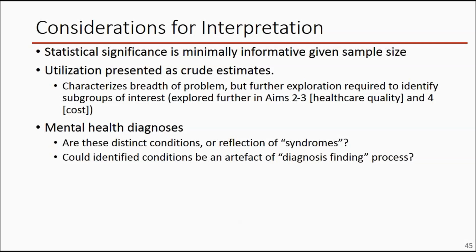And then mental health diagnoses. I personally was surprised at seeing the prevalence of mental health diagnosis, but I think it requires consideration of, are these distinct conditions? Are they a reflection of the diagnostic process? Are physicians getting it wrong, coding one thing, coding another thing, and it's showing up as multi-morbidity? The way that I hope this analysis will help in terms of interpretation is through the cluster analysis, where you get that mood-based cluster and that ADHD-based cluster, that maybe that helps to take care of some of that diagnostic-based imprecision.